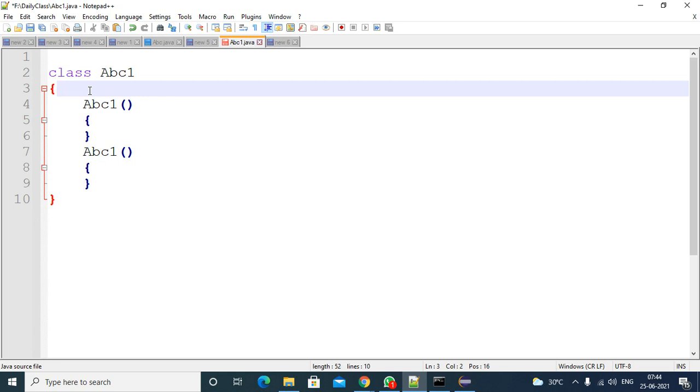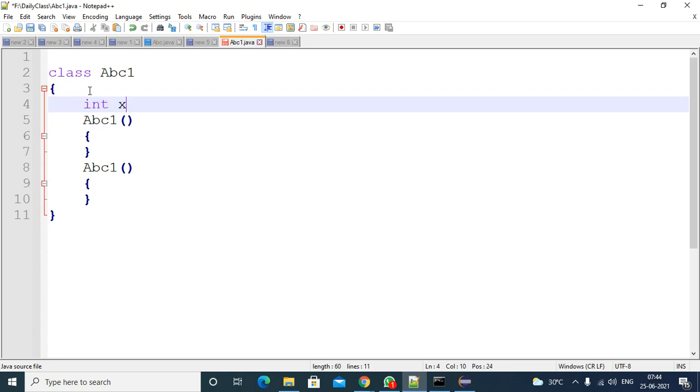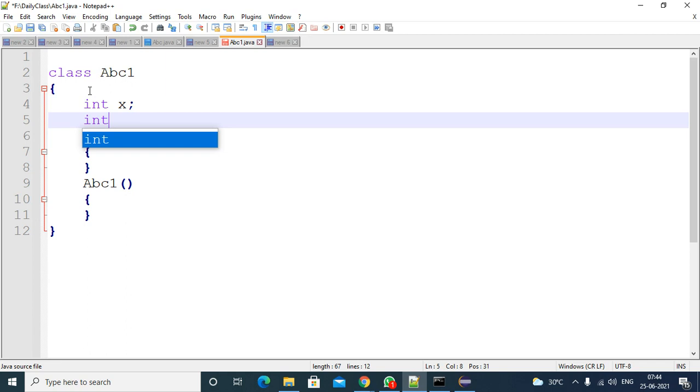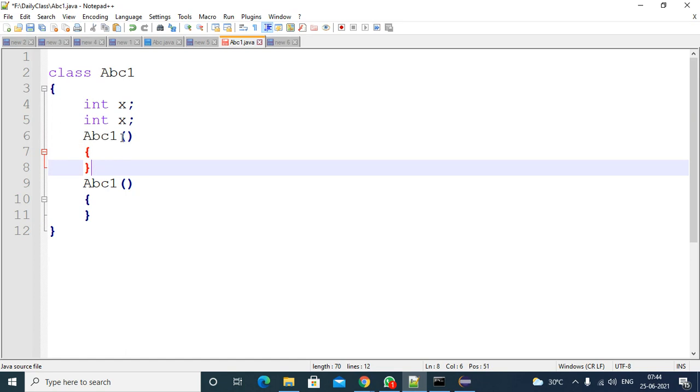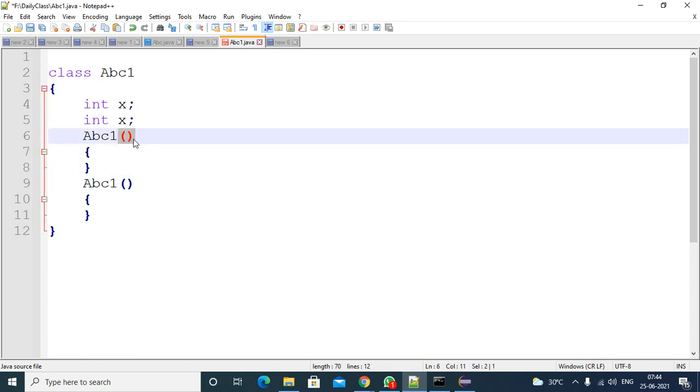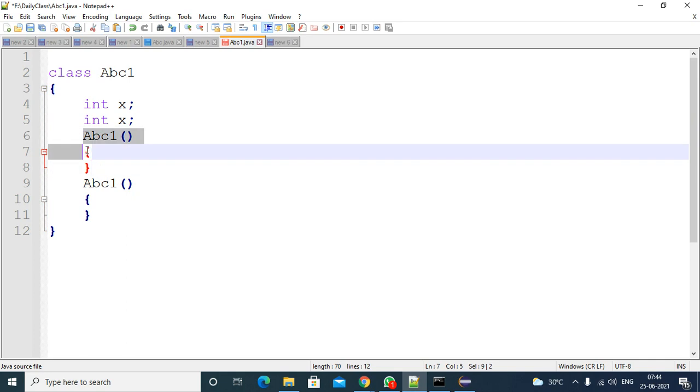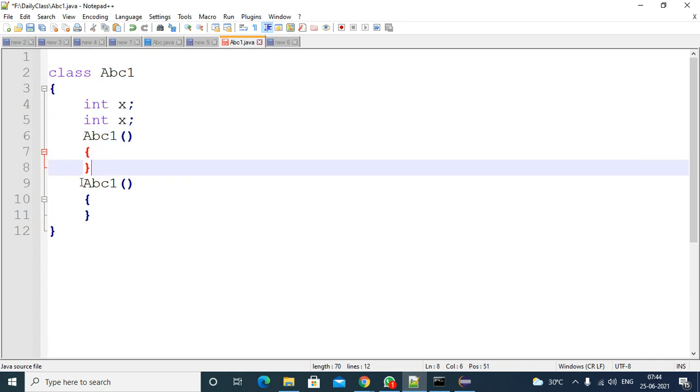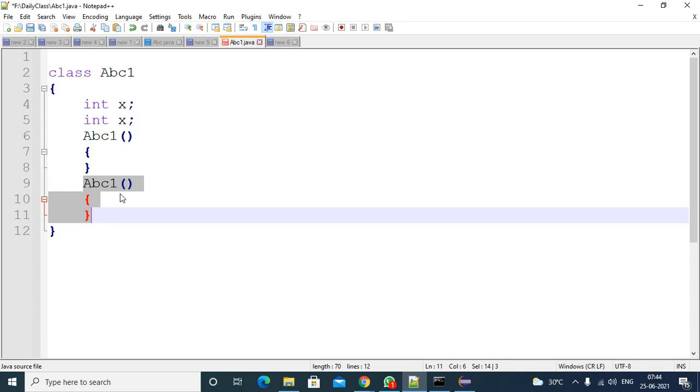Suppose in a class you declare a variable x and try to declare x again, the compiler will throw an error saying the x variable is already declared. In the same way, a constructor without parameters is called the default constructor. Already one default constructor is there, so you are not supposed to take one more. You can take any number of constructors, but either the number of parameters or the data type of parameters must be different.